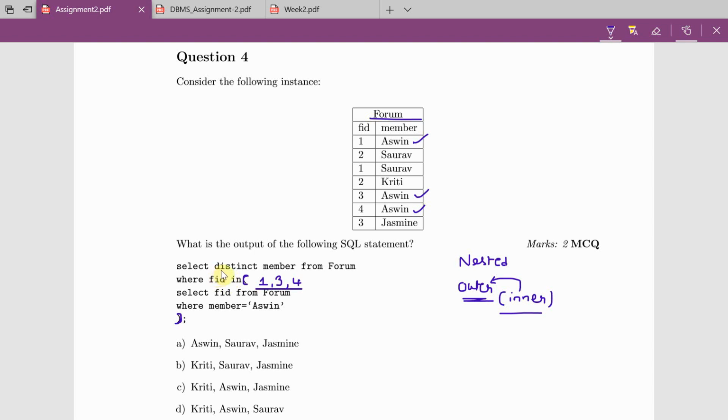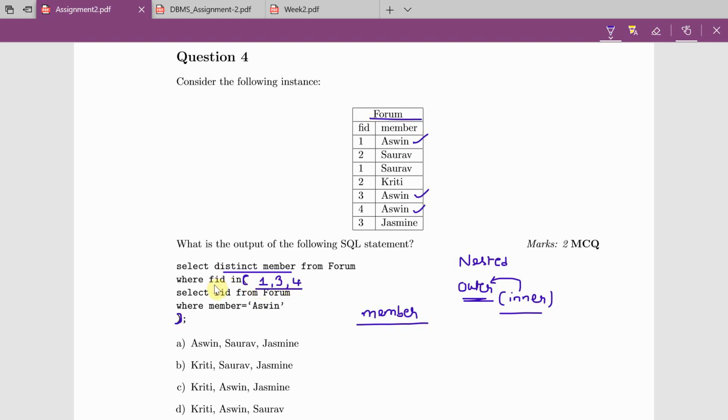Now what is there in the outer query? Select distinct member. It is selecting distinct members in the output from forum where FID in the list. What are the FIDs in the list? 1, 3, 4 are there.